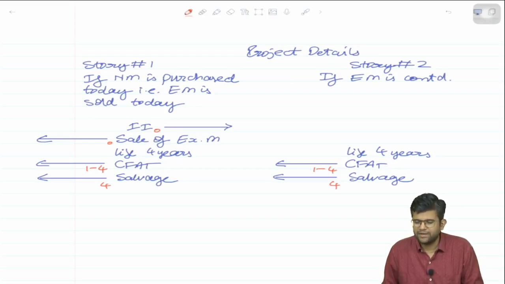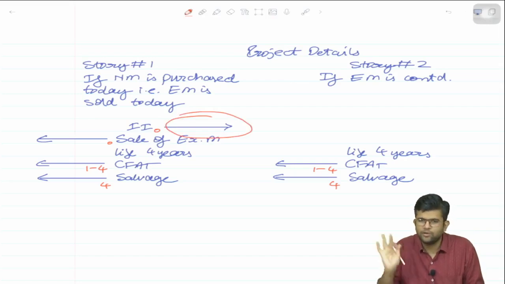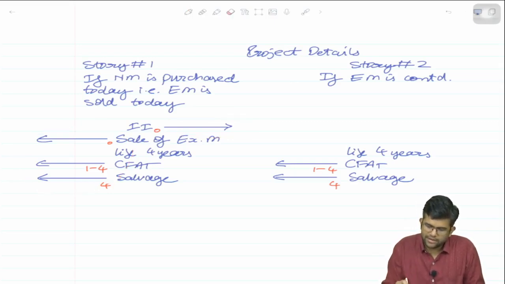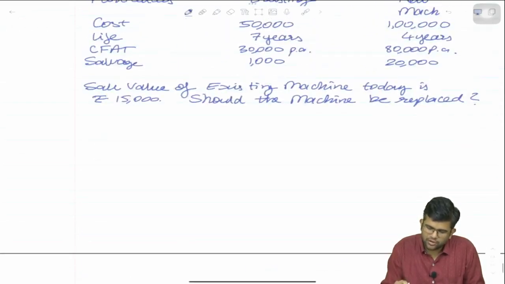So what I do is, right arrow, this kind of arrow means outflows, and left arrow, this kind of arrow means inflows. Okay, so like that. Now apart from this, there could be more data like tax rate. One thing yesterday I forgot to give you: should the machine be replaced,